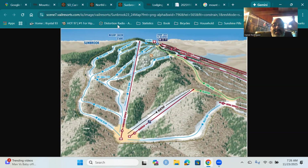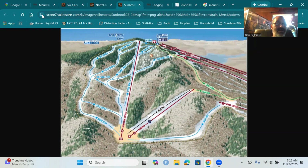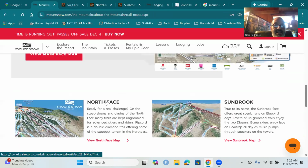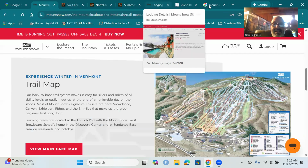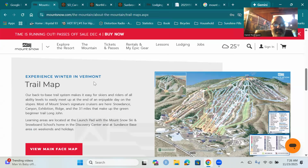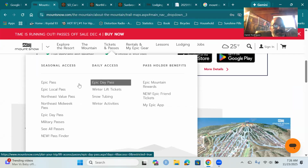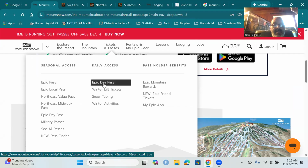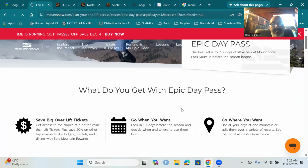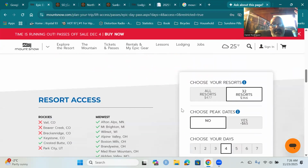Let's see what prices. Let's look at prices. That's something that's important. I had Mount Snow for prices. So what are they charging today? Like right now? Okay, let's look at tickets. Tickets and passes. So with Epic, it's better to get an Epic Day Pass if you can, but it depends when they go off sale, because the Epic Day Pass is less expensive. So if you can get an Epic Day Pass, it's going to cost you, let's see,